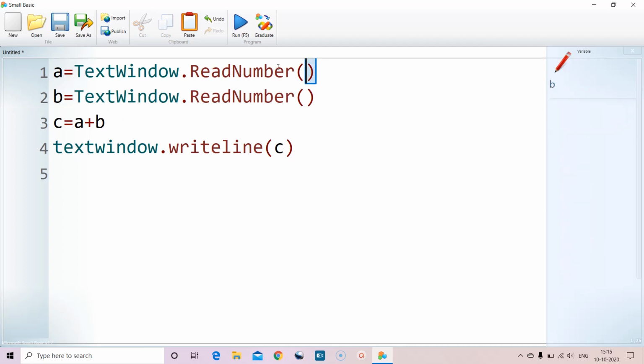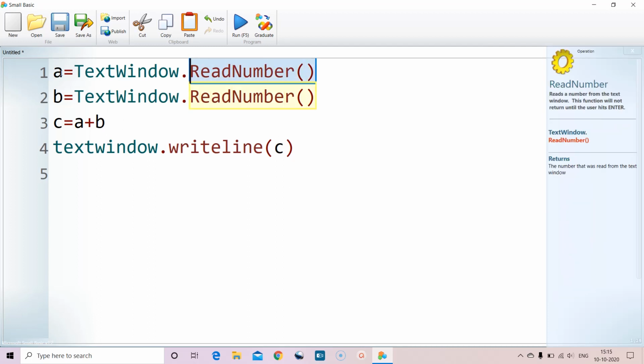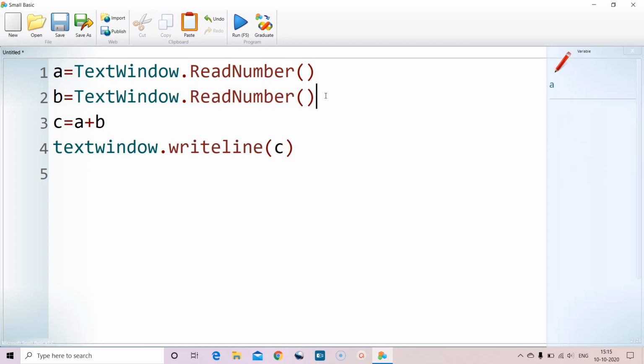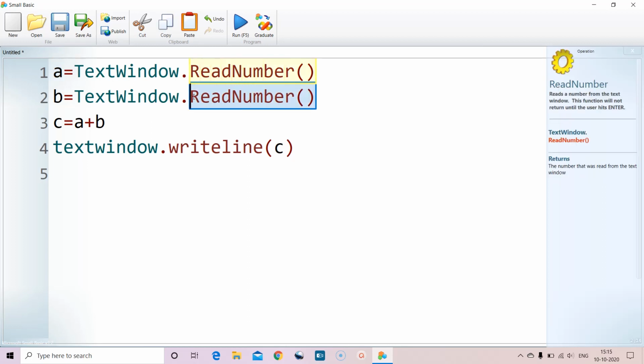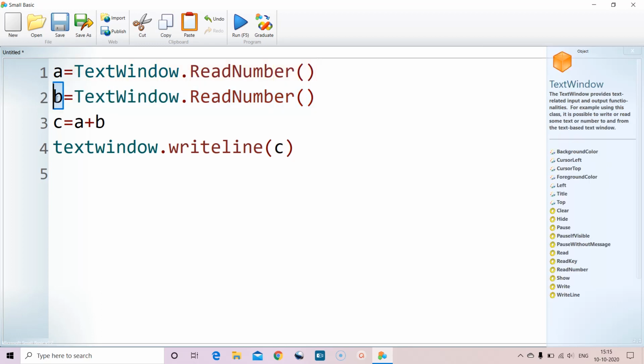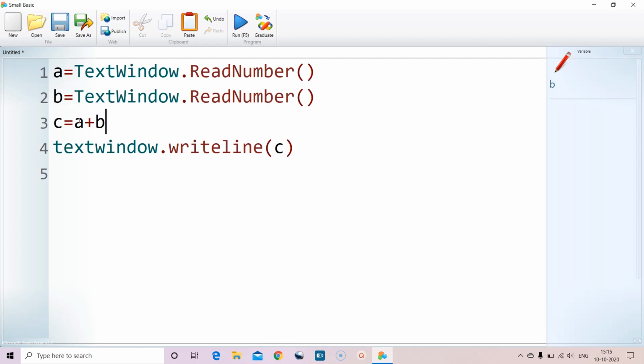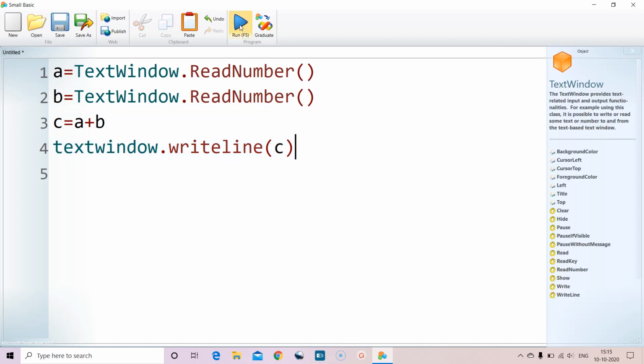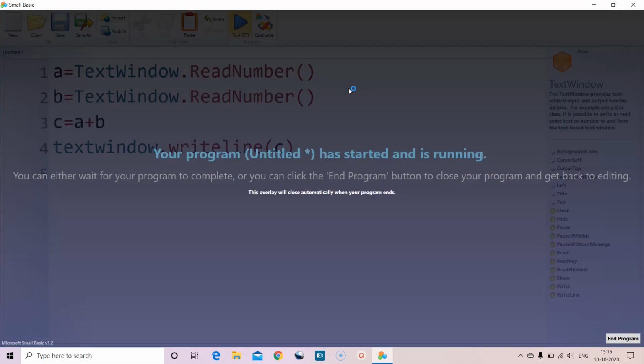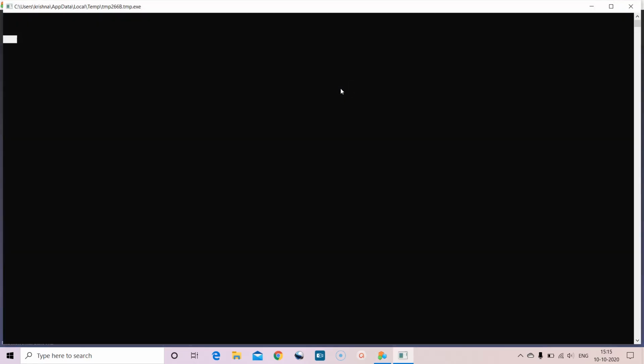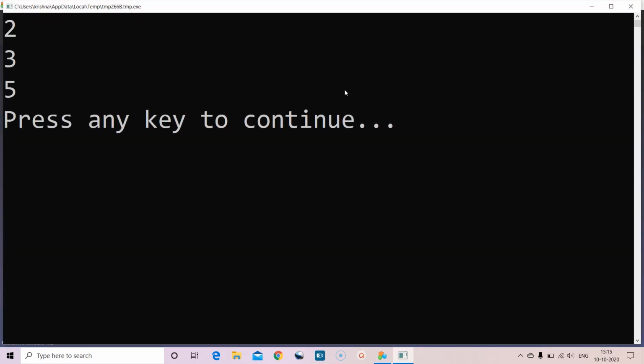So we are reading a number from the text window and assigning it to a, and we are reading another number from the text window, that is, from the keyboard, and assigning to b, and we are adding the values of a and b and placing it in c, and we are printing the value of c. So let us see once again. Where it is asking for the numbers, I am giving two numbers and it is adding and showing the sum of the two numbers.